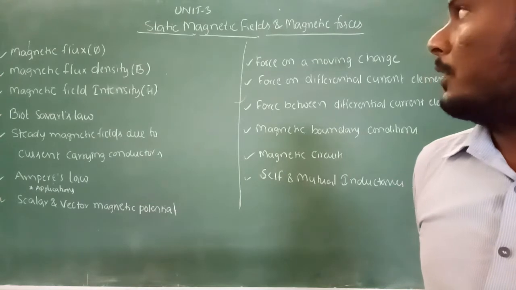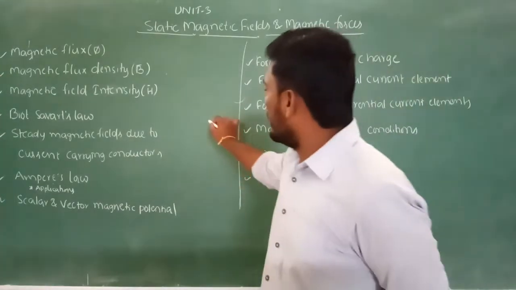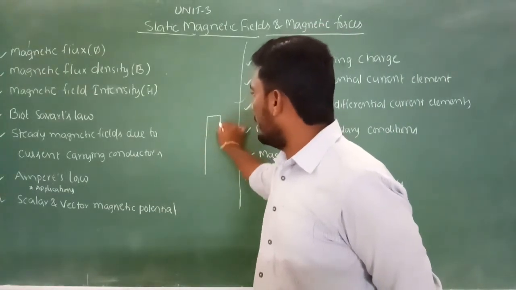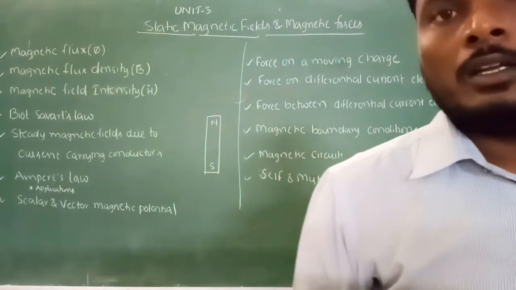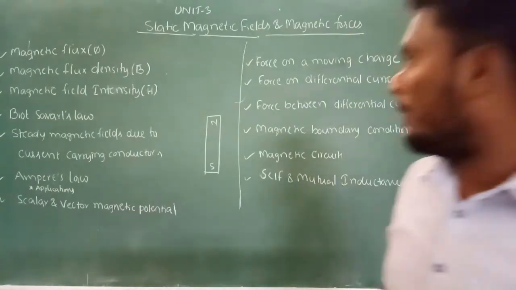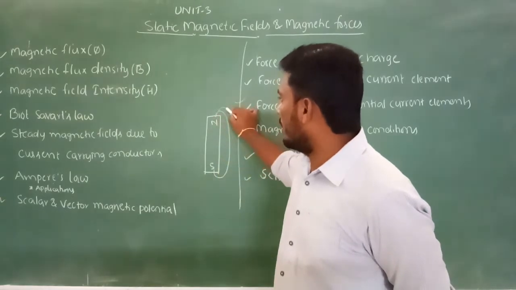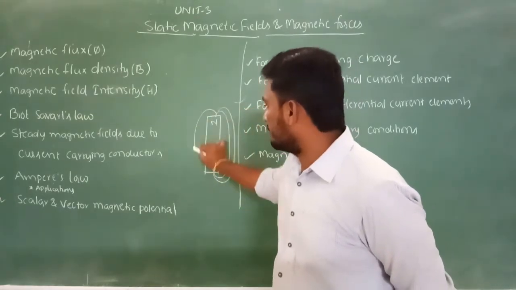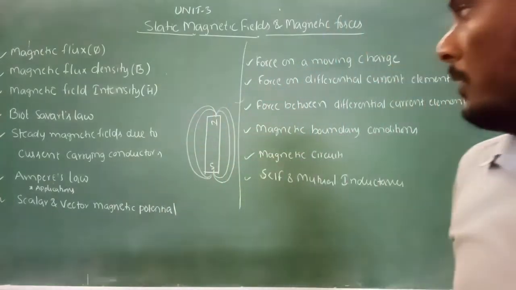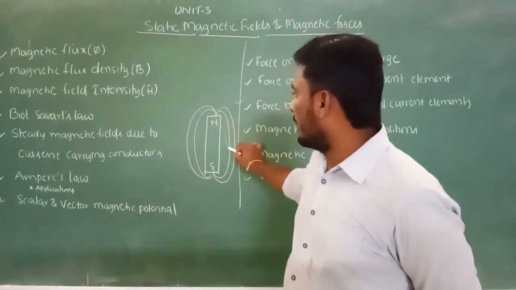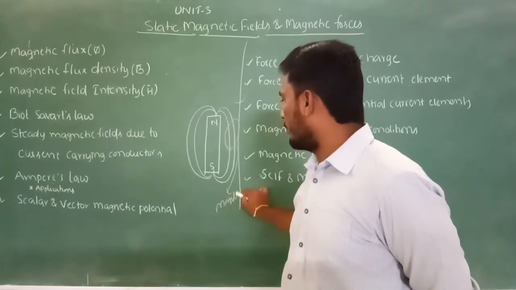Similarly, if you take a permanent magnet, it will be like this. It has north and south poles. Due to its properties, lines of force will complete in paths like this. Now this is about your permanent magnet. The sum of the magnetic field lines, the lines of force, is called your magnetic flux.